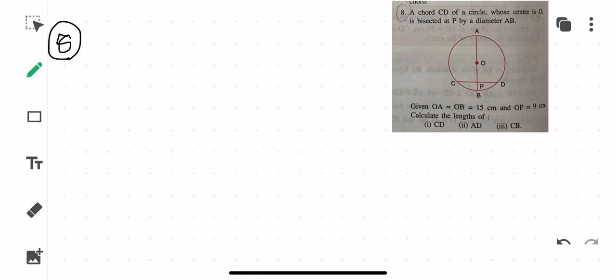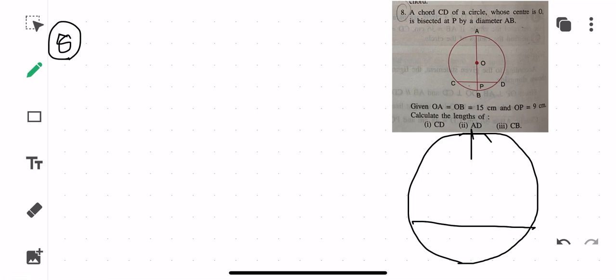Here what I'll do, children, I'll see the questions which look easier to me. I'll be giving you this as homework, because there are 3 sub questions. So here this is C, D, and then I have A, and here I have B, here I have P.